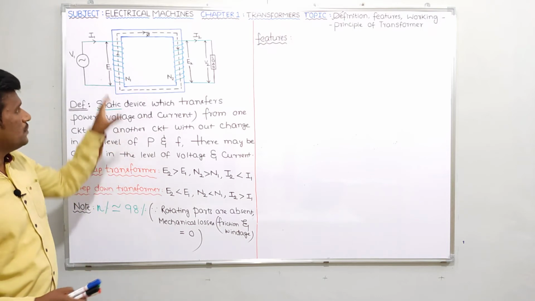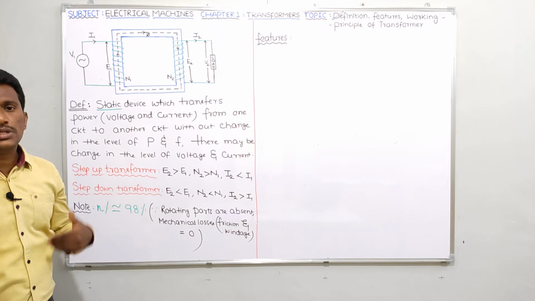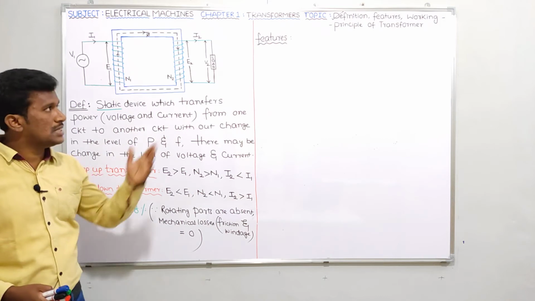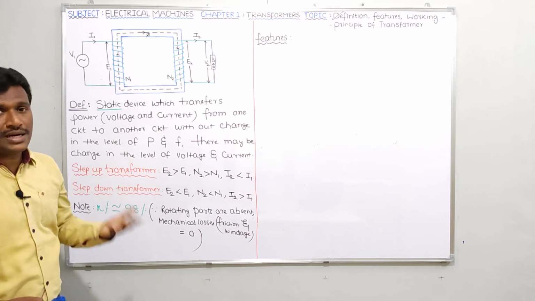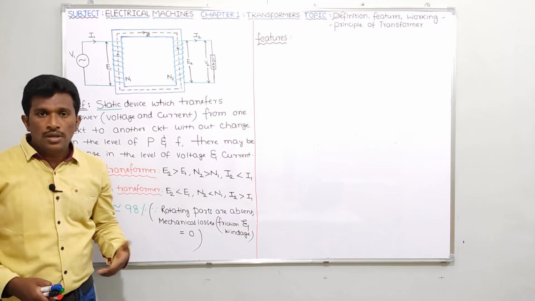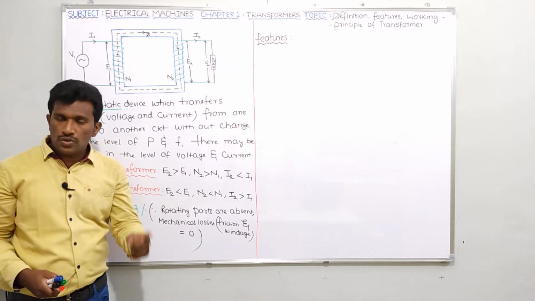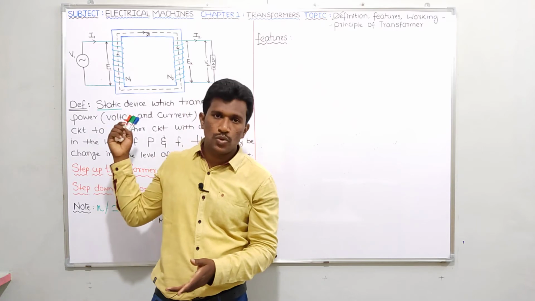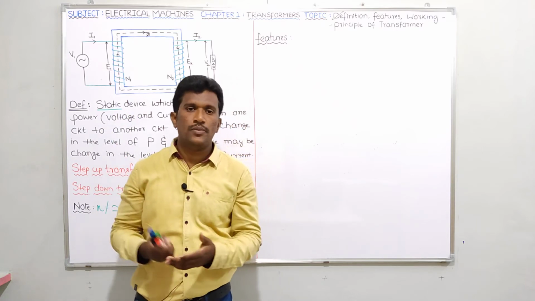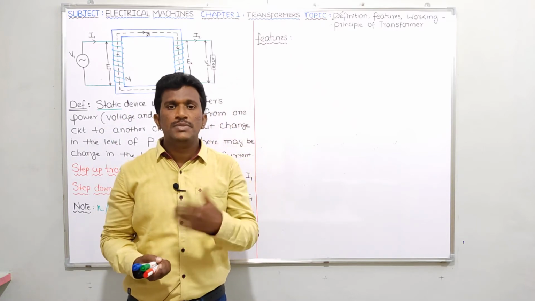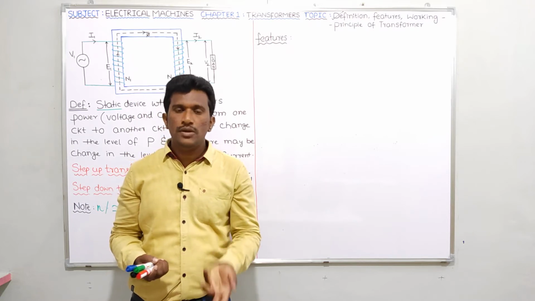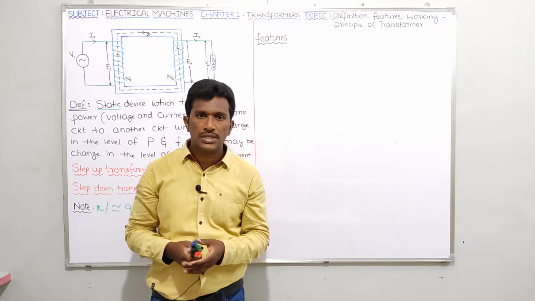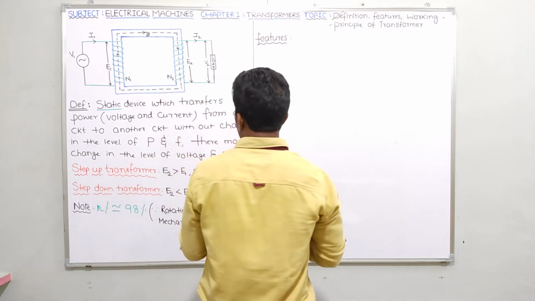That means two windings can be energized by using only one external voltage source. Is it clear? Suppose if I take three windings, yes, three windings can also be energized by using only one external voltage source. So what is the reason why I call transformer a single excited device? By using only one external voltage source, any number of windings can be energized. In this example, two windings. If we take three windings also, three windings can be energized. Energized means what? In three windings, EMF will be induced. In two windings, EMF will be induced because of only one external voltage source.